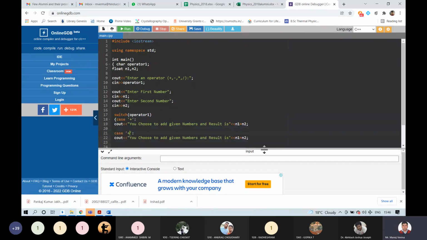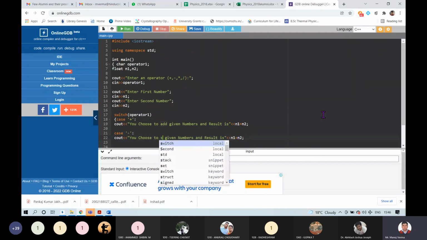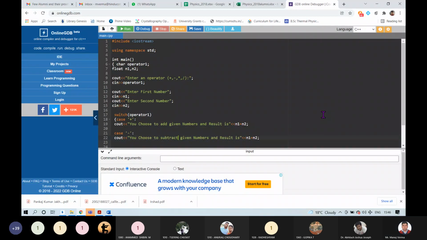I will write for case negative, you choose to subtract given numbers and result is n1 minus n2, right?